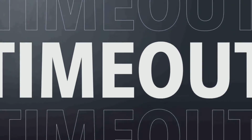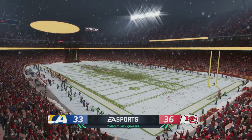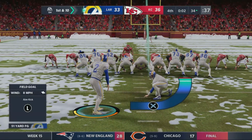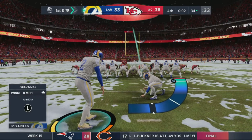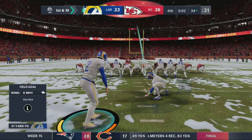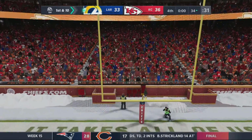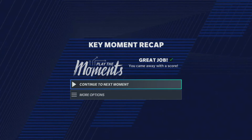So now the Rams send out the field goal team here. And we will get a timeout with 2 ticks left. With 2 seconds left in regulation, this to force overtime. And this is right down the middle as he puts it through. And ties the